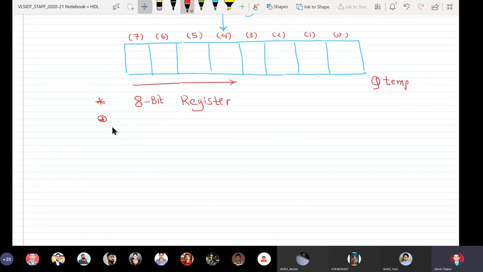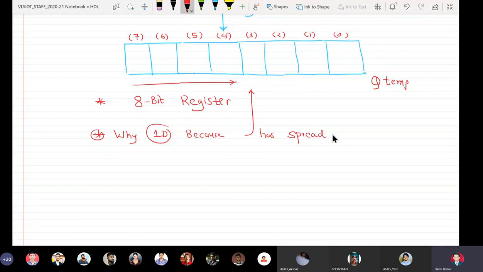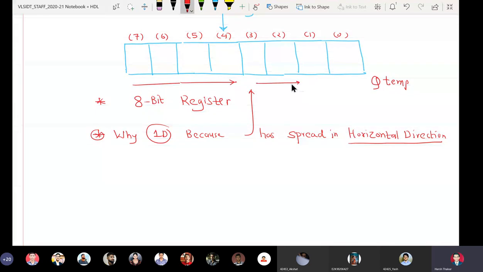So when we say 1D array, it looks like this.